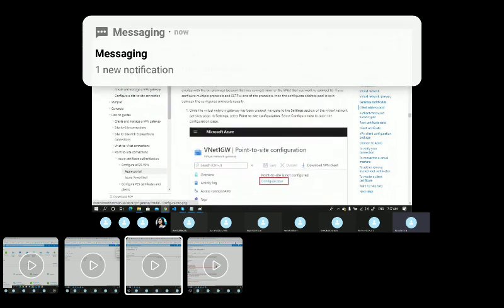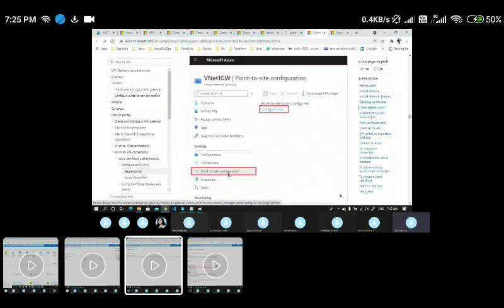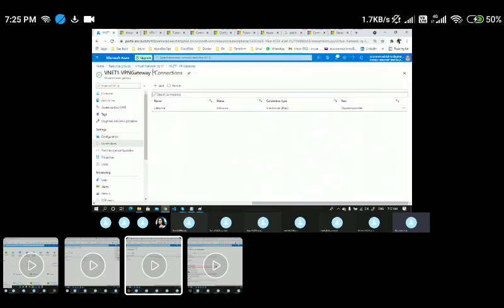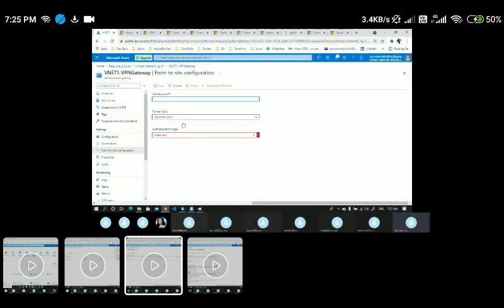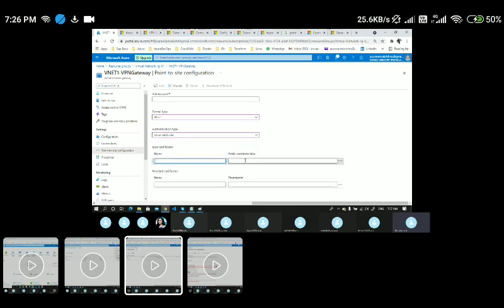Once you're done exporting the certificates, you come back to the VPN gateway, and within the VPN gateway you will have an option called point-to-site configuration. Here, if I navigate to the VPN gateway, this is the VPN gateway. Here I went to connections to set up the site-to-site. Now if I want a point-to-site, I can go here and click on this configuration. I need to give a certain IP range, and here we choose the tunnel type, because this is the tunnel that I'm going to download. For authentication type, we have three types, but at this moment we are going with the Azure certificate. When you choose the Azure certificate, you need to give the certificate name and the entire certificate data.